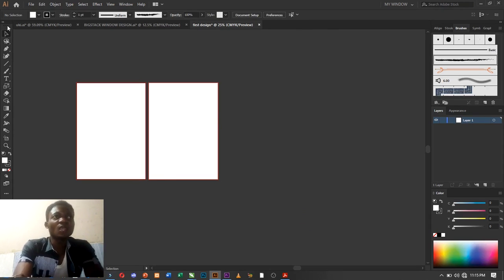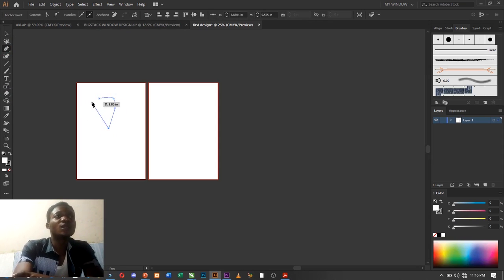And by the left hand side here, we have our tools. We have different types. If we study these tools very well, the tools are very simple to use, and they give us very powerful ways to make stuff. Many tools here, and they're very simple to use. And up here we have our properties. Let's assume you draw something. Let me zoom and draw stuff like this and fill it maybe with black color